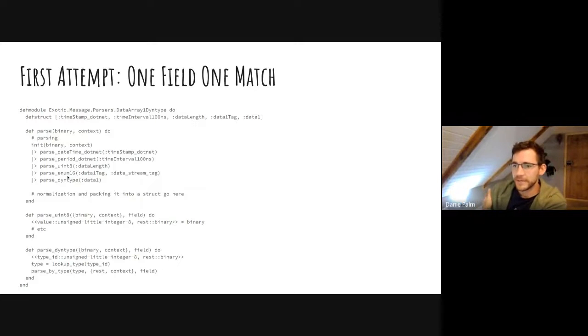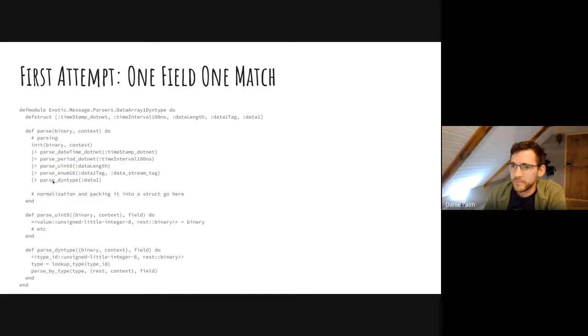Let's first have a look at this. How would you parse the unsigned integer? It's actually fairly easy. You tell Elixir, listen, I'm expecting a value. It's an unsigned little integer of 8 bits long. And then you say it's followed by more stuff that I don't care about right now. I match my binary on it, and it will extract the value from the binary. Then you return whatever matched, and you can return the rest. The rest of your pipeline can extract whatever it needs from the rest.